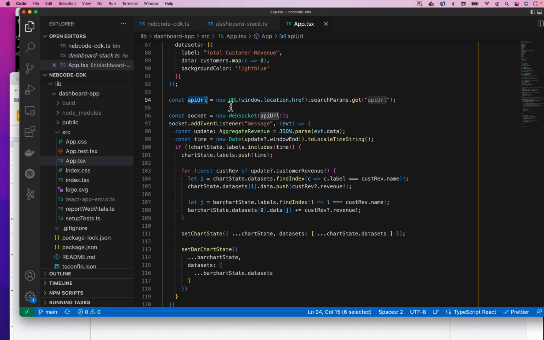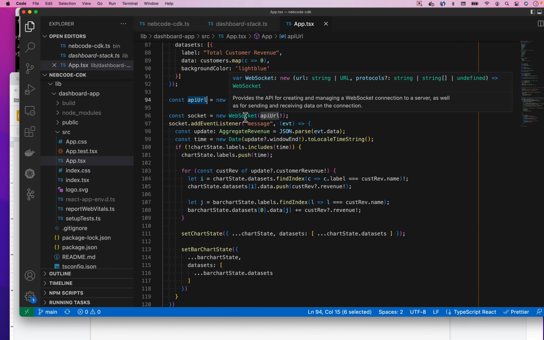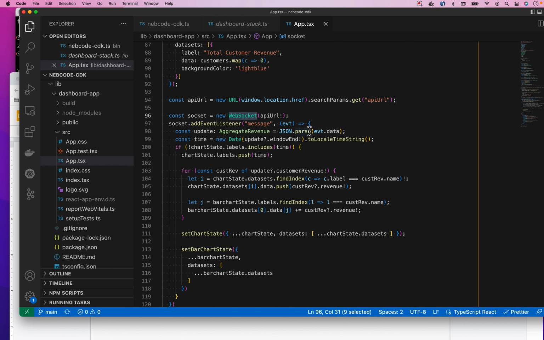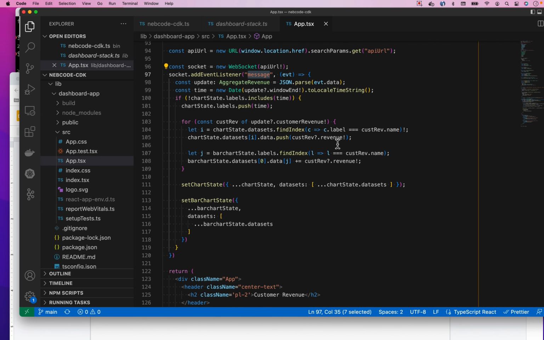And then that gives me an instance of a URL, and then I can use that to instantiate an instance of a WebSocket client. I subscribe my WebSocket to a message event, so add an event listener for any message event, so that as data is pushed from my WebSocket API Gateway down to this client,